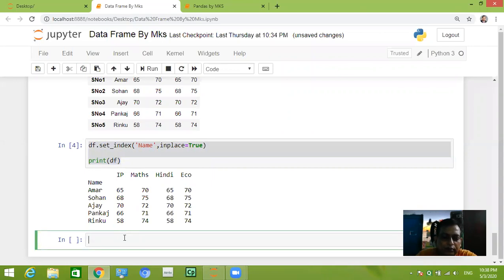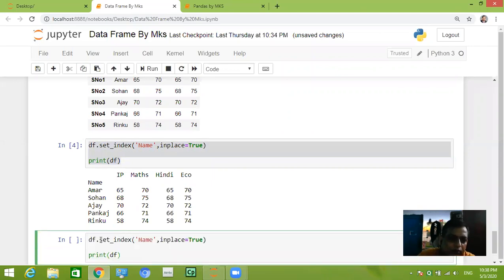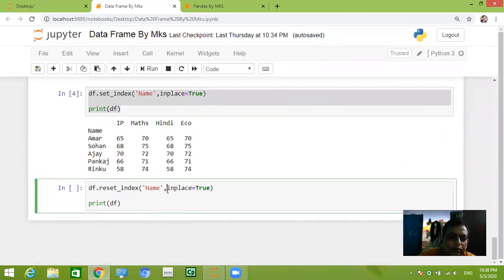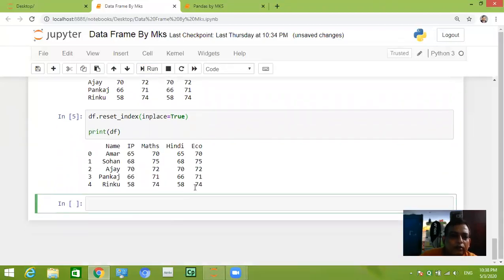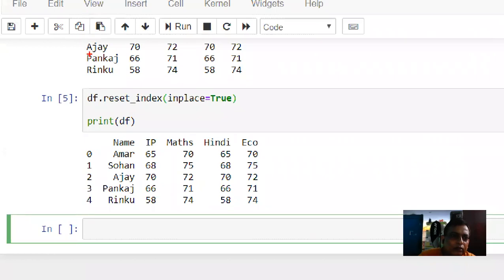We will write reset index, and we want default index, so just write inplace equal to true and run. See here again the default index has come. Earlier it was this, now it has become the default index. So like this you can change the index.